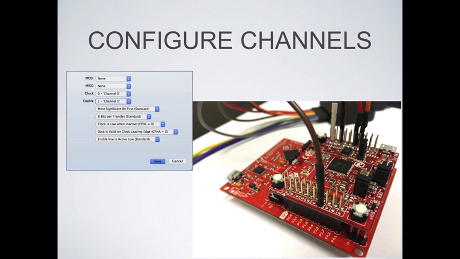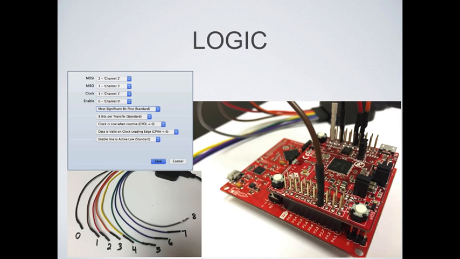So our clock is on 0. Enable in this case is actually the chip select. It's like when a chip is enabled. So it's going to be 1, and then MOSI and MISO at the very top. If you weren't paying attention earlier, I put MOSI on 2 and MISO on 3. And then you can also keep the color coding next to you. Sometimes I can't remember exactly which pins I had it on. So the next thing you need to do is